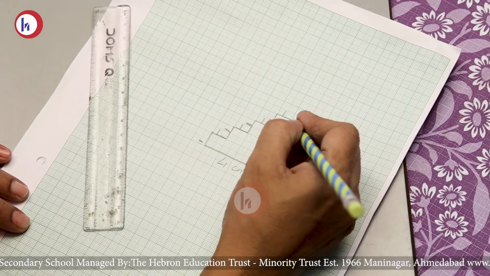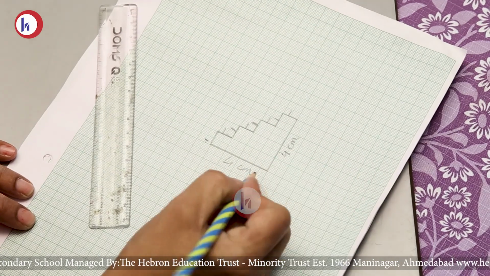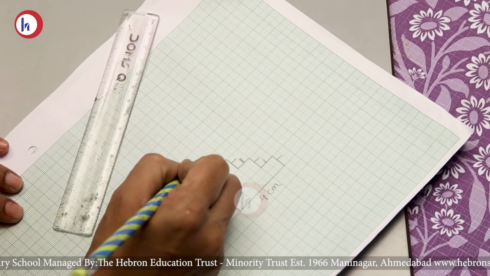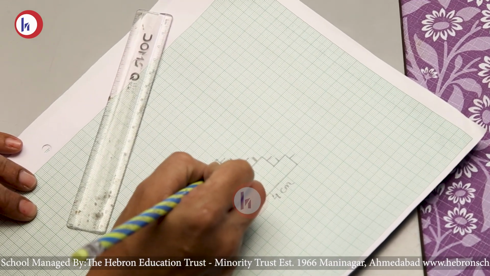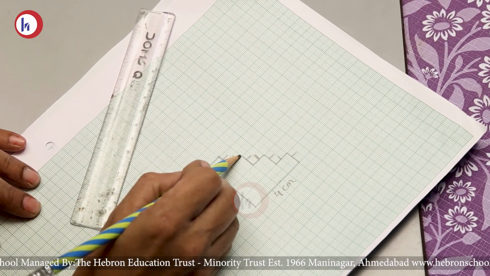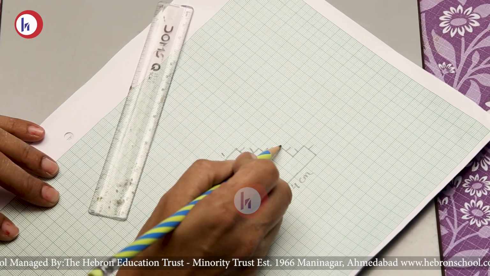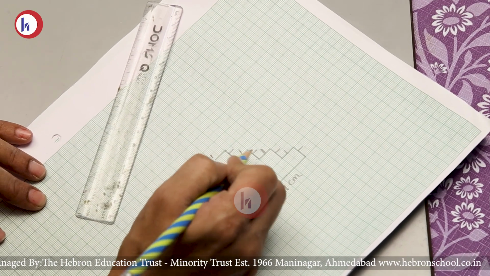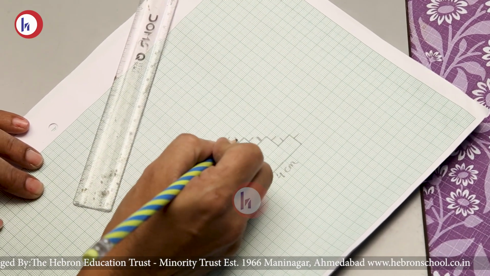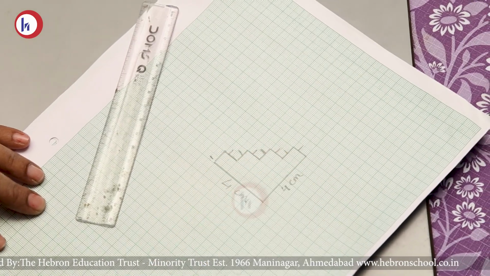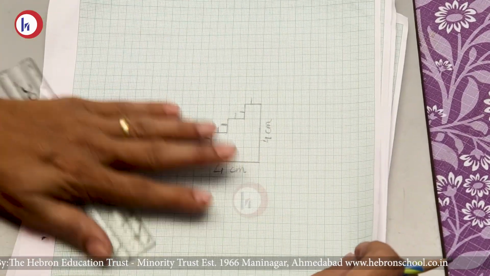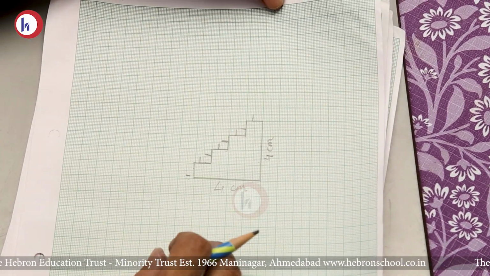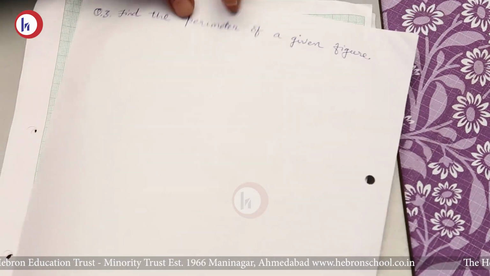See, this is the boundary. Here 4 square, 4 centimeter. Here also 4 square, 4 centimeter. And see the outline. 1 centimeter here, then 1 centimeter here, 1 centimeter here, 1 centimeter here. Here also, here also, here. That means we have to count all these boundary. That means 1, 1, 1, 1, 1, 1 and 1. Now we have to do the sum. What is the perimeter of the given figure? So you have to do the calculation on the back side of the page.